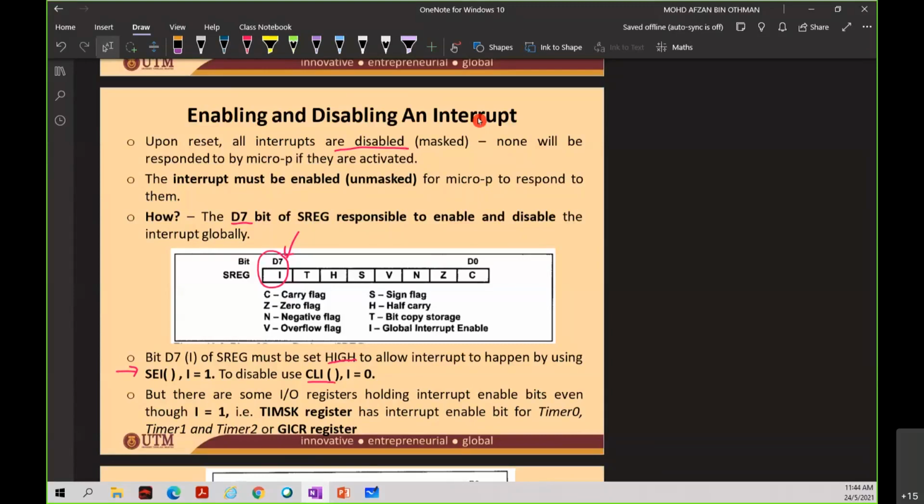So this is for the status register. To enable an interrupt, you have two places to enable it. One is at the status register, and the second one is at your interrupt register. There are two interrupt registers. One we call GICR, and the second is TIMSK. TIMSK is for the timer interrupt, while GICR is for the external hardware